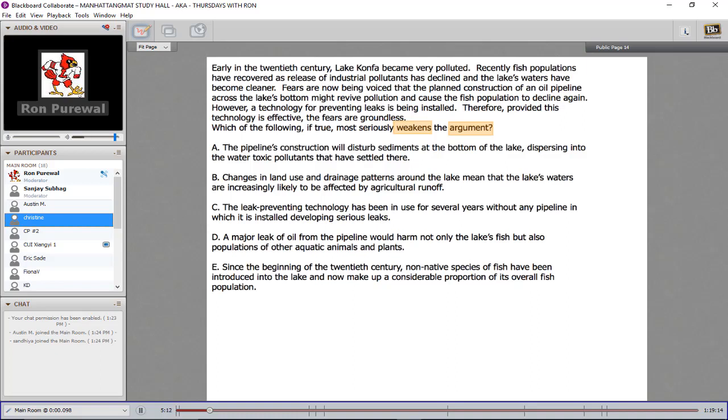That the crux of these things is to translate this into specifics. Like you have to understand what weaken an argument means in this case. Like, what are these things? Is the question. So translate into specifics. So you should read that first, because then you know what you're looking for in the paragraph, which is you've got to find out what the argument is. And then, so the fears are groundless is the conclusion. That's still vague. So we might have to read this from top to bottom.